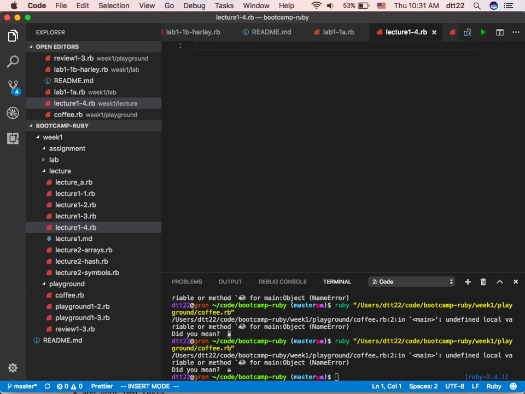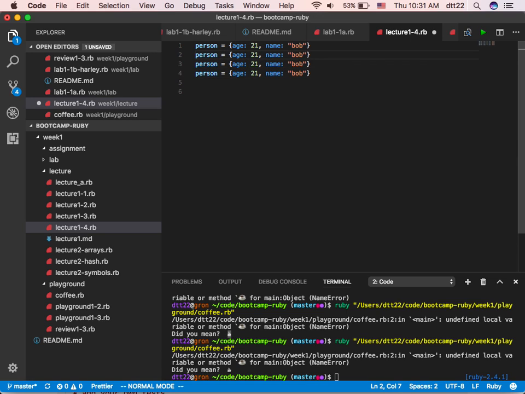So lecture 4 of week 1, we have learned a few data structures. The last thing we did was that, let's say I have a person, and this person is 21 years old, and this person has the name Bob, okay? There's a bit of a problem here because if I start to create multiple persons, it doesn't seem right. I can't name it person. If you only have one person, you can name that. Then you start to realize that maybe I want to name it Bob, and I name it maybe Alex here, right, etc. And then now you have an